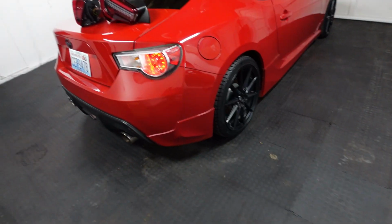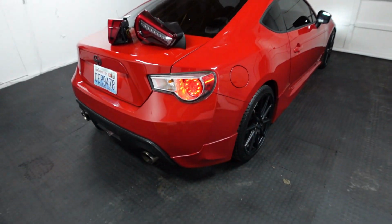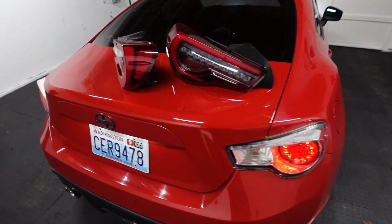I'm really excited. I've wanted new taillights for this car for a very long time. It actually came with some smoked VLand taillights, but one of them was broken. So I ended up just getting some cheap stock ones to pass the state inspection, and now I've been rolling with these ugly factory taillights for a long time. So I'm really excited. I'm gonna show you guys how to easily install some non-OEM ones, these beautiful aftermarket